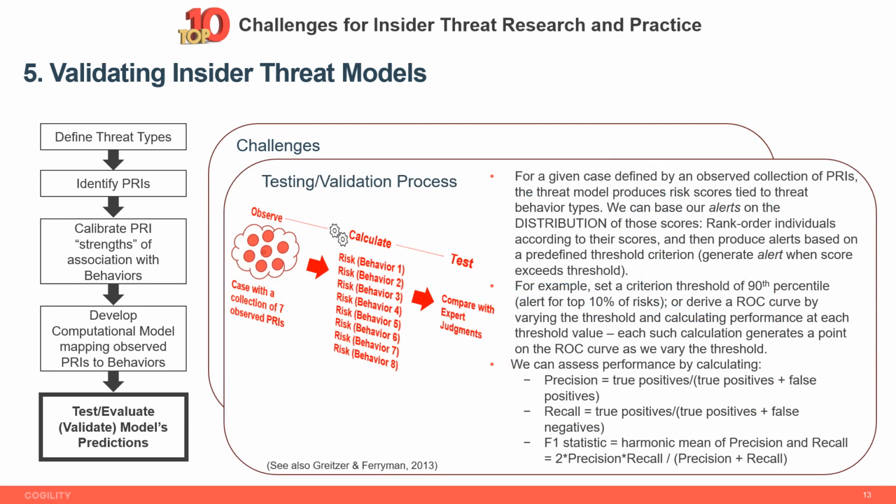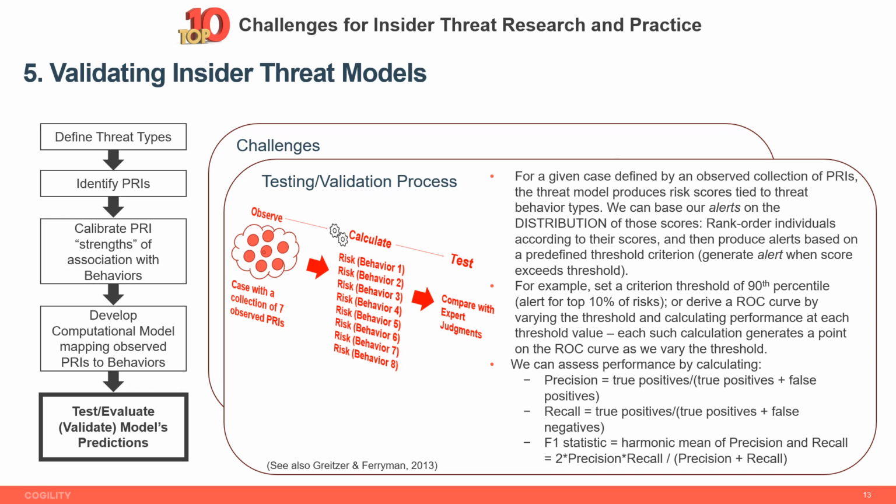For testing purposes, there are various statistical means of validating model predictions. A model produces threat scores for the population of data. We can compare the distribution of predicted scores with our proxies for ground truth. If our models are defined for specific threat types, the predicted risk scores may be thought of as a vector. The example shown here assumes that 8 risk scores are computed, one prediction for each threat type covered by the model. To test predictions, we compare the distribution of the model outputs with the distribution of observed scores, that is,